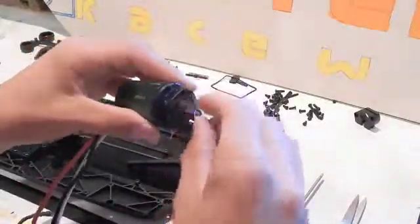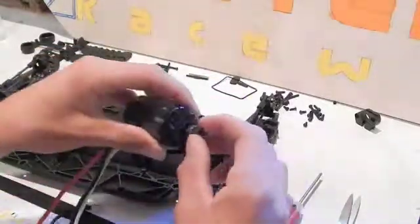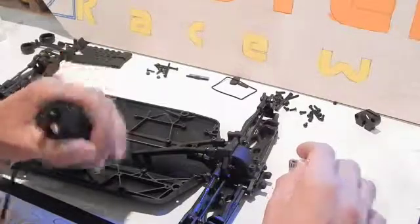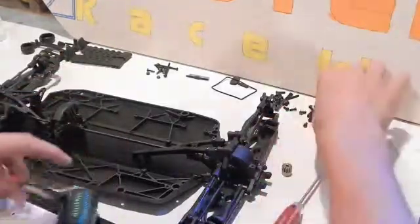And now you want to make sure that this is centered in the hole so that when you put the pinion gear on, that can slide inside without actually touching any of the metal. That way, if your pinion gear is to slide, it won't rip the teeth to pieces. So now that we have the motor set, I'm going to take the pinion gear, take this screw,